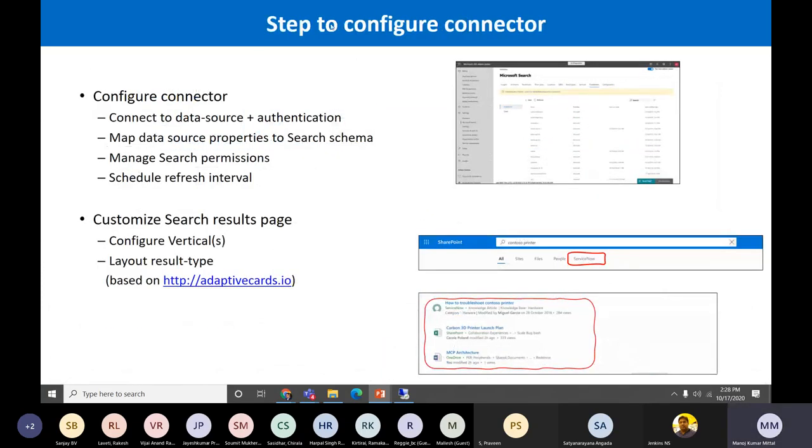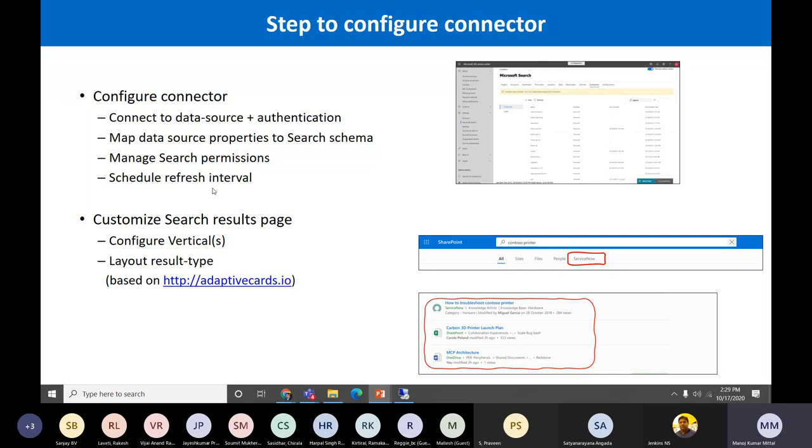So to do all this activity, from a configuration point of view, we need to connect with the data sources. What is my data source? As I'm going to talk about DevOps, where is my data, in which DevOps organization have I stored it, and what are the connections to connect to it. And once that's done, we need to define the permissions. If my data is not that sensitive and I have a small organization, I can crawl my entire DevOps content and anybody in the organization can see it, or I can apply filters on some DevOps queries.